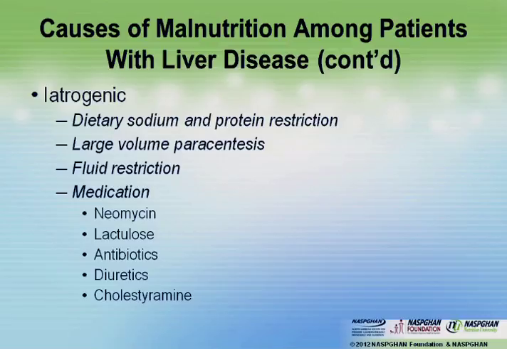And some of our medications, for example, neomycin causes an enteropathy. If you have someone on neomycin or any oral aminoglycoside long term, you put the patient at risk for subtotal villous atrophy. Lactulose can produce chronic diarrhea, and the antibiotics that are sometimes used can alter the flora and result in reduction of important flora-derived products such as vitamin K.